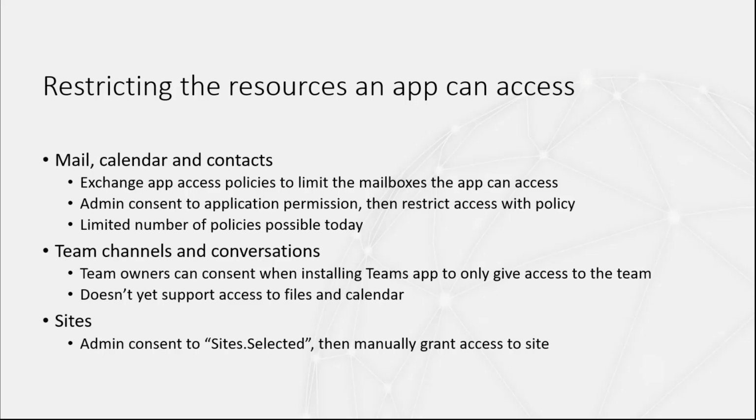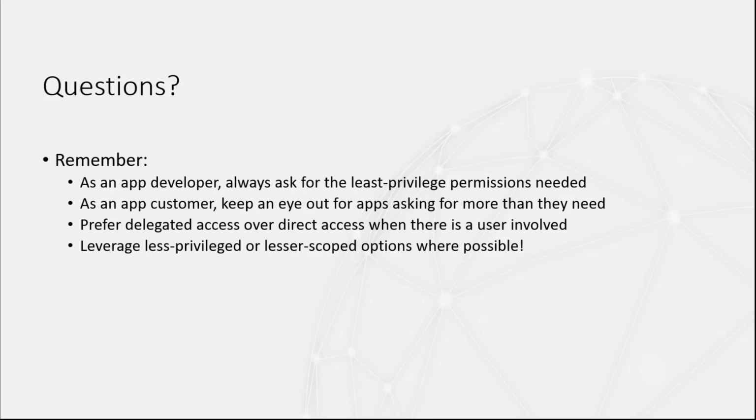All of these flavors today that we've talked about are for direct access application, so limiting effectively similar to application permissions. Looking at time, I'm going to wrap up there. A few reminders: as an app developer, always ask for least privilege permissions. Keep an eye on the Graph API, and once in a while, just check in to see if there's any